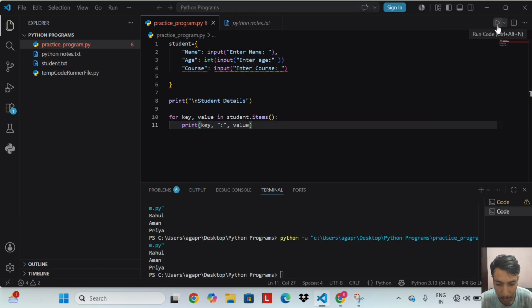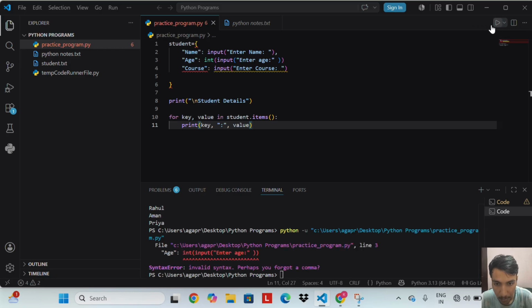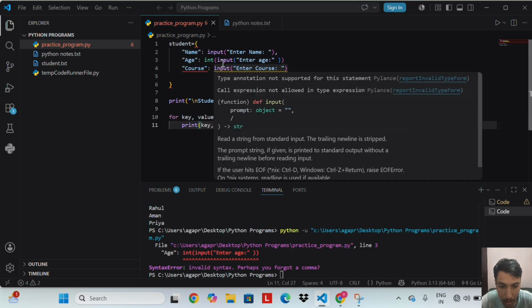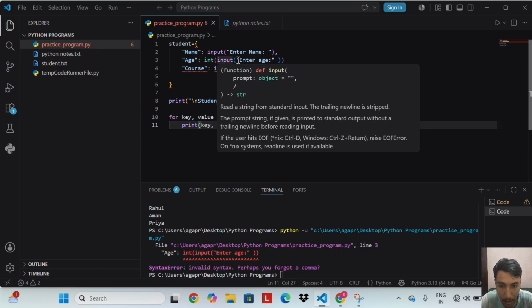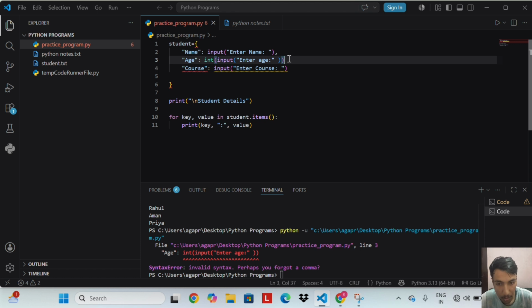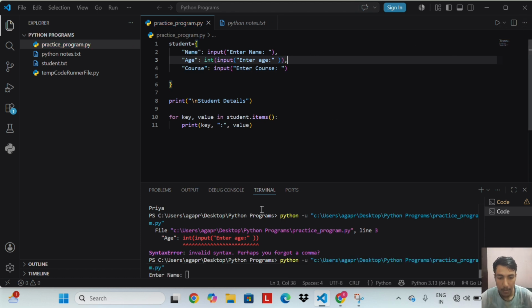Let's run this code. I think there is an error. We create a dictionary directly with the user input as the values.